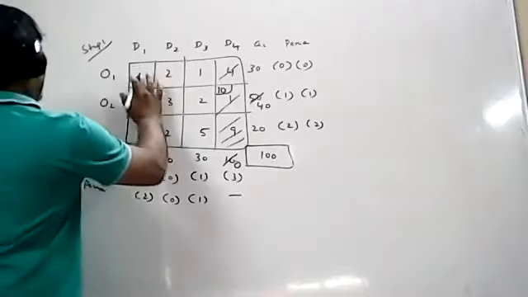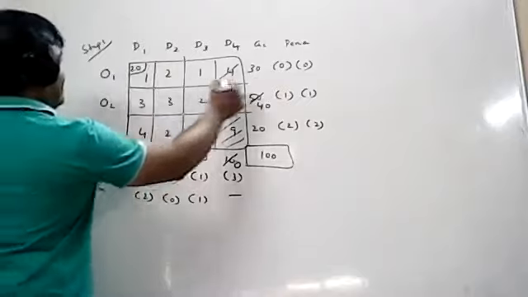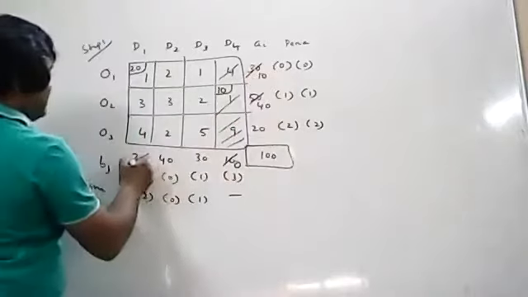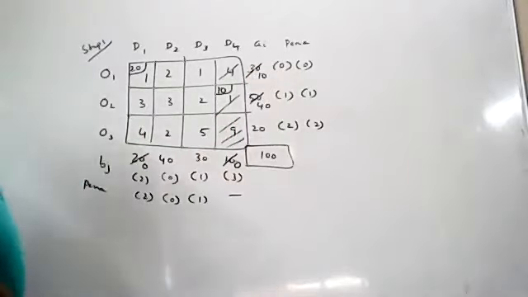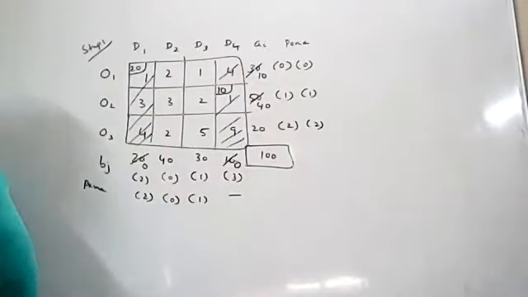So next allocation is made here. 30, 20. What is the minimum value? 20. 20 is allocated 10. 20 is allocated, you will get 0. Now 0 is on the column side. Cross the entire column.